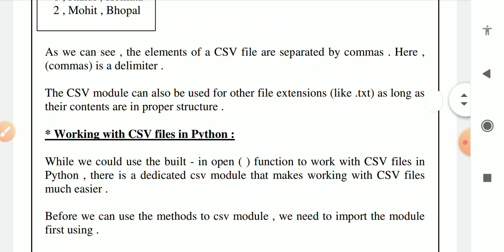The CSV module can also be used for other file extensions like .txt, as long as their content is in proper structure. There is one CSV module which we will import in our program, that can help us use other file extensions like .txt.